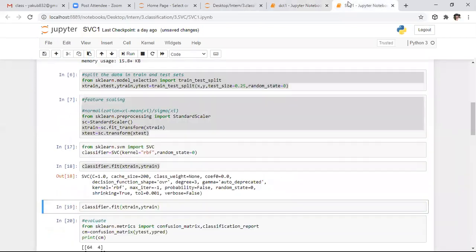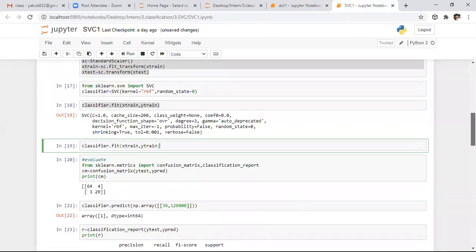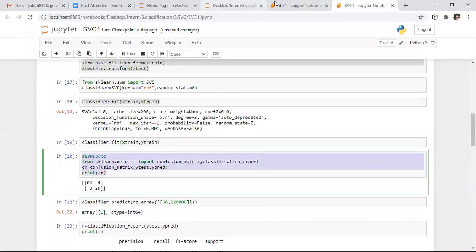After fitting the data, we need to apply the predict method. After applying the predict method, we need to evaluate our model performance.